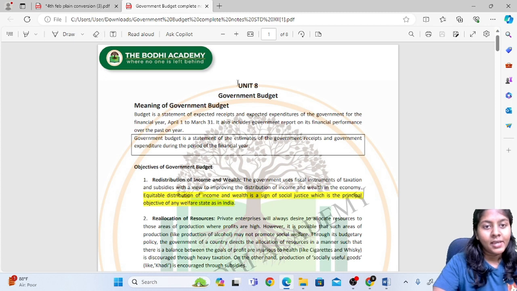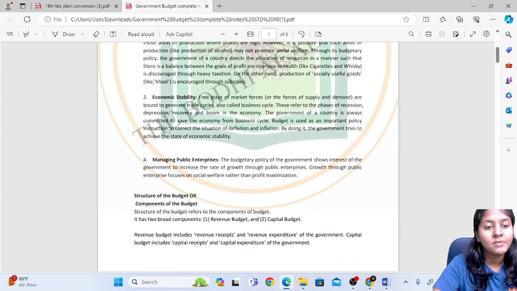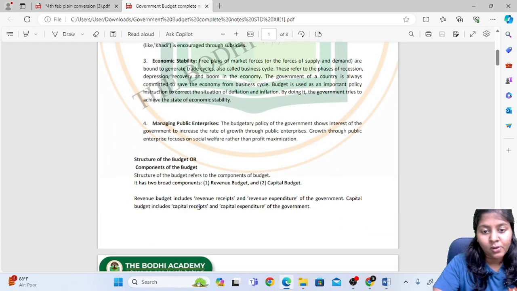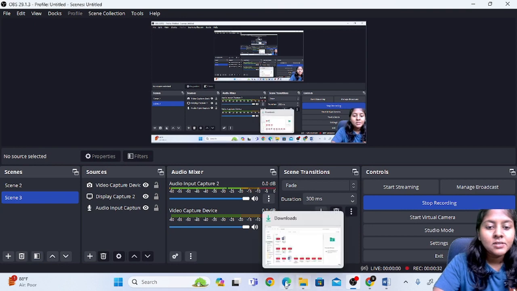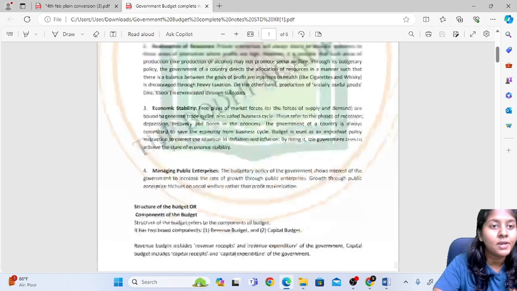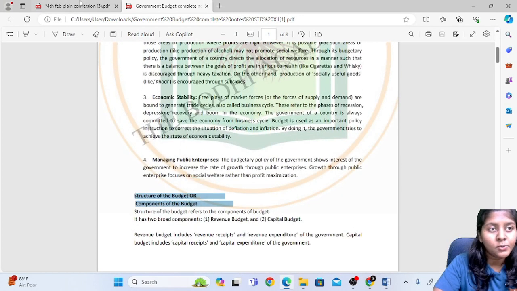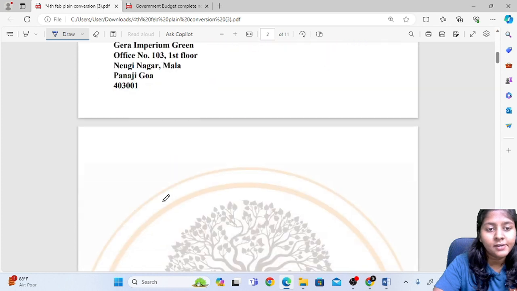Okay, so today we have already started with Unit 8, Government Budget. Last class we discussed the meaning of government budget, then the objectives of government budget, and then the structure of the budget, or components of the budget. These things we have learned: what are the different structures and components of the budget. So in the structure of the budget, we have seen that